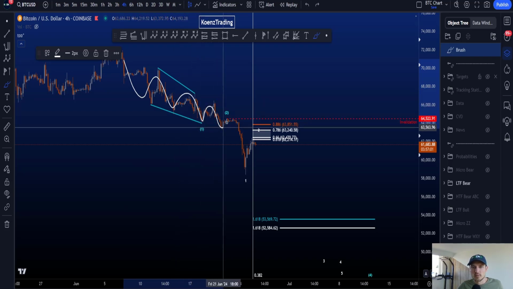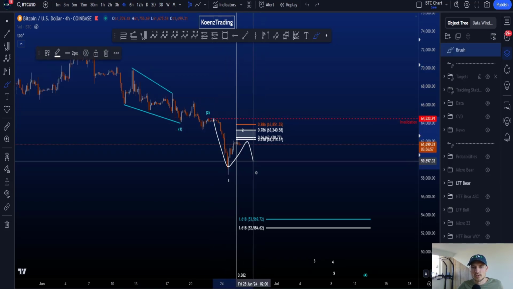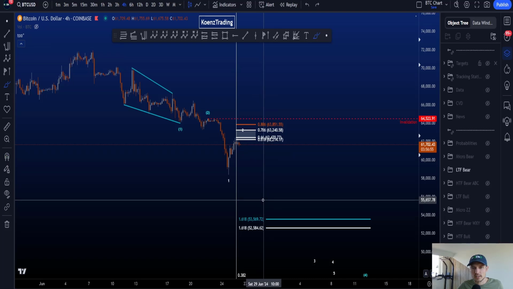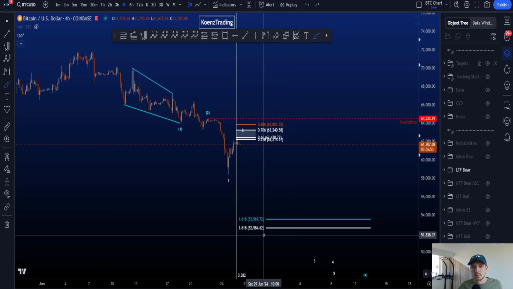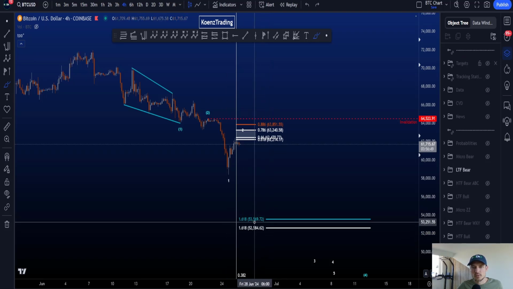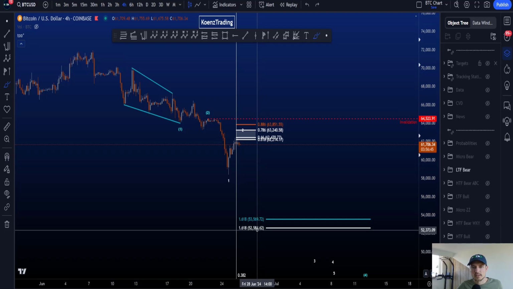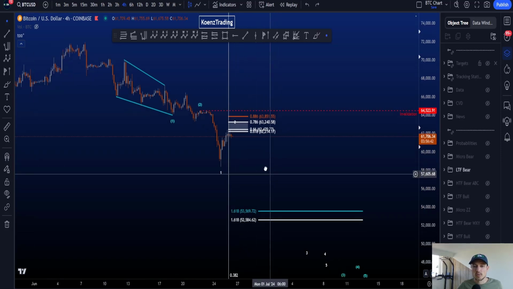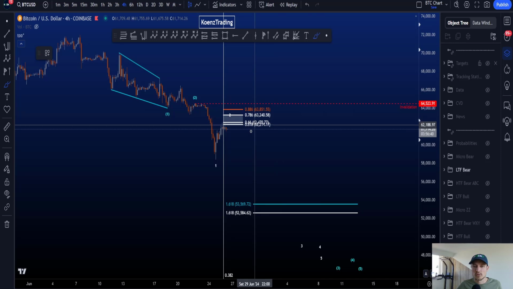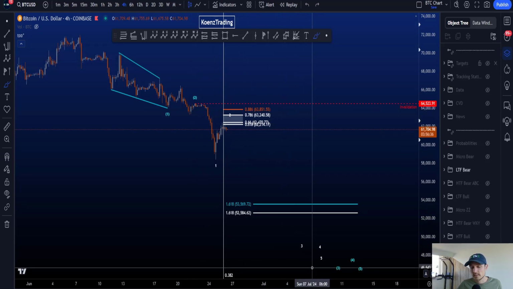Then we have a running flat in our wave 2 and look for another wave 1, 2 continuation to the downside. Now, minimum target for wave 3 generally is the 1.618, and I color-coded the two 1.618s, the one in blue for the blue 1, 2, 3 down, as well as in white. But you can see that the one in white is already below the one in blue, so likely the blue